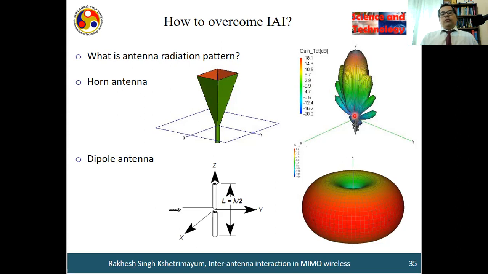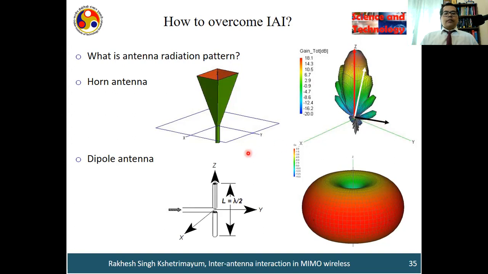And what you observe is that you have maximum radiation here. Maximum radiation along this z direction, and we have lesser radiation along this direction. We don't have any radiation along this direction. So this plot or graph will give you an idea of the field which is radiated from the antenna. Once you have this, you know that there is maximum field radiation, power radiation along this direction, less here, no